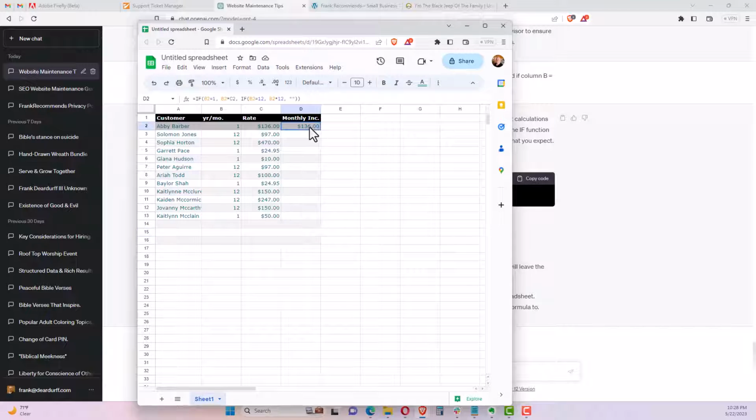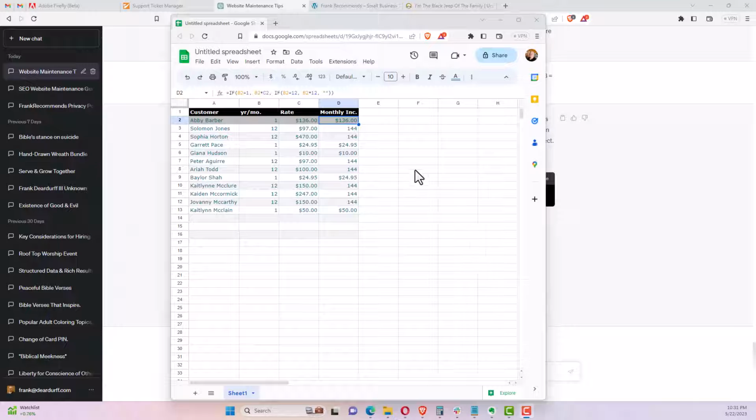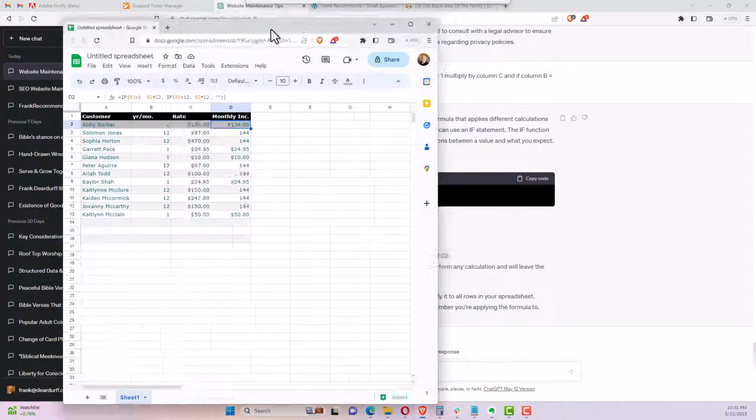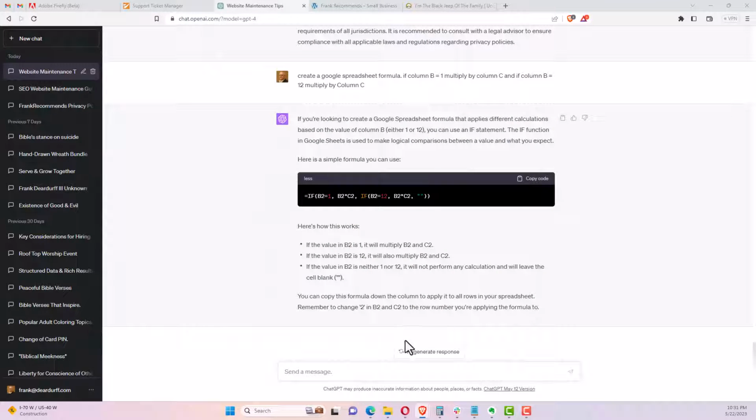Let's see. Well, you get the point of where I'm going here. So this would be, I would have to think that. Okay, so let's think about this formula one more time. Let me ask it the right way. So if B2, oops, if